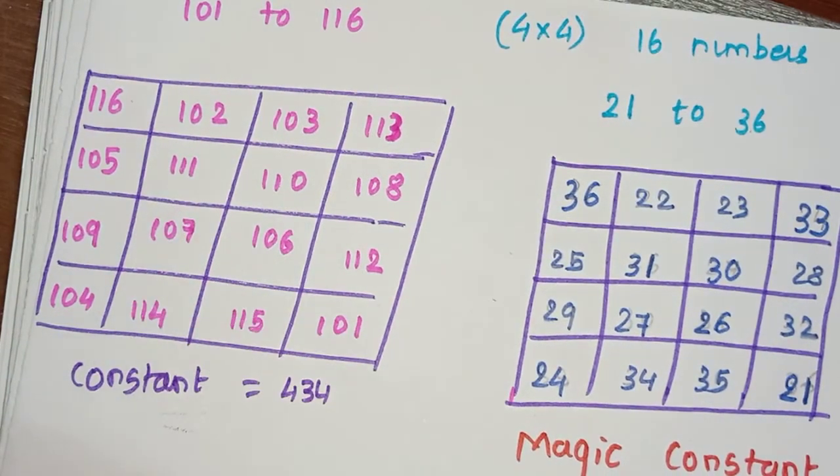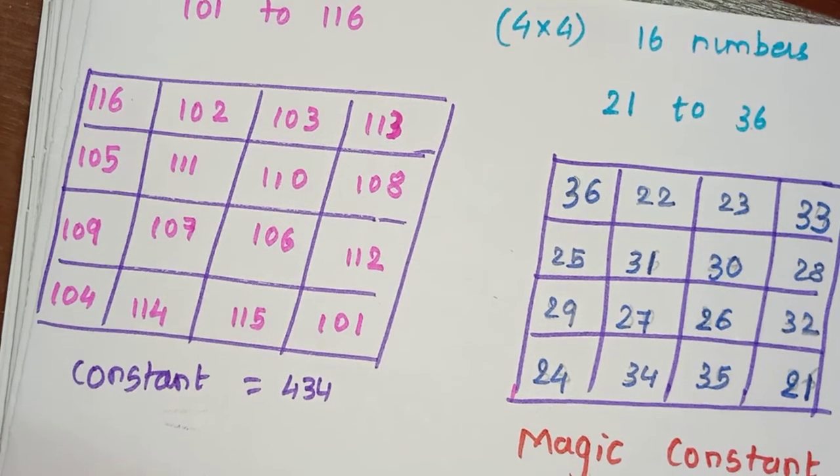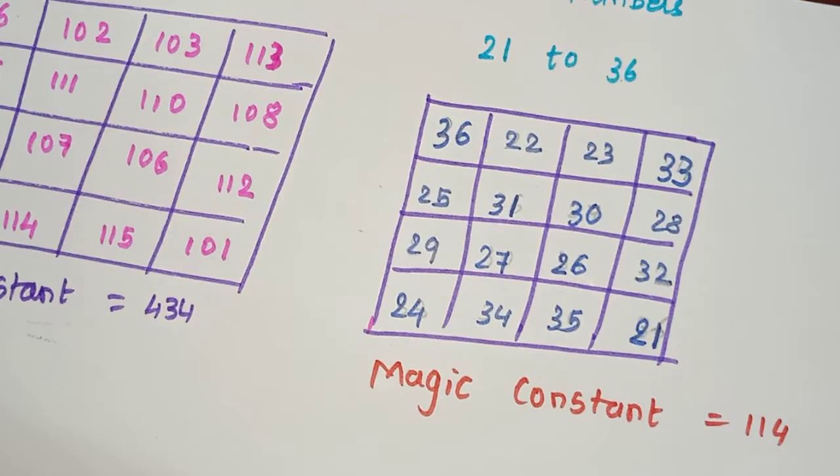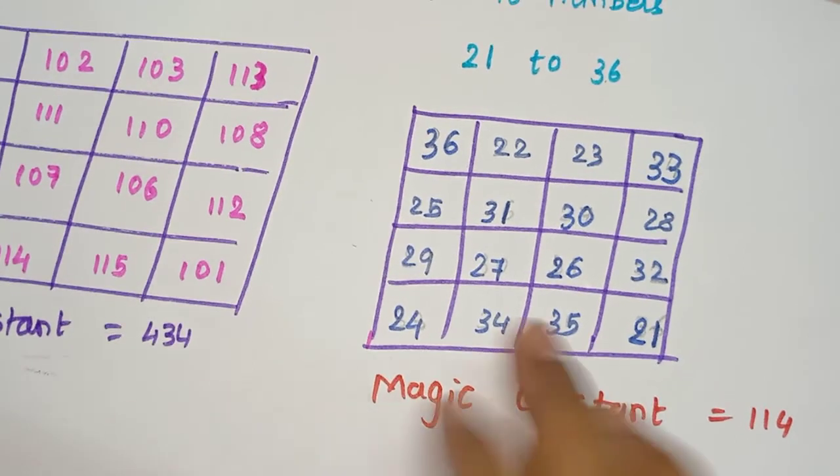In this square also, you will see 434 as the magic constant. So this trick is easier. We have seen the construction of 3x3 magic squares and 4x4 magic squares. Actually, all these magic squares can be constructed with different techniques, but I don't want to take it to that level, and this is known as the Ramanujan magic square.